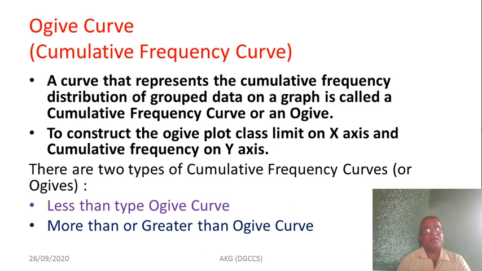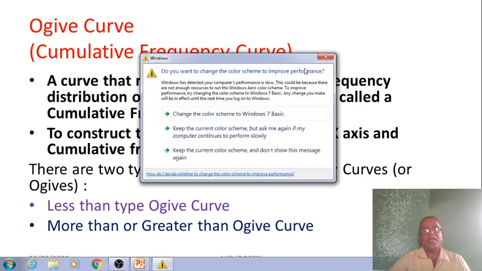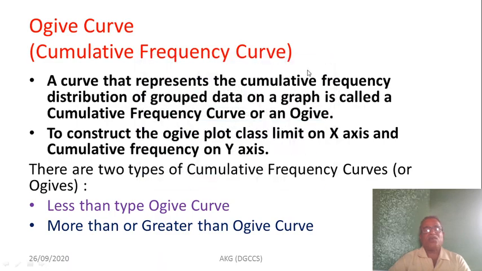The important point is that if there are two types of cumulative frequency, that means we want to draw two types of ogives. दोन प्रकारच्या क्युम्युलेटिव्ह फ्रिक्वेन्सी आहे, तर याचाच अर्थ आपल्याला दोन प्रकारचे ओगिव्ह कर्व्स हे काढता येतील. एक म्हणजे लेस दॅन क्युम्युलेटिव्ह फ्रिक्वेन्सी घेऊन आणि ग्रेटर दॅन क्युम्युलेटिव्ह फ्रिक्वेन्सी घेऊन. आणि म्हणून या ठिकाणी here there are two types of cumulative frequency curves, less than type ogive curves and greater than type ogive curves.